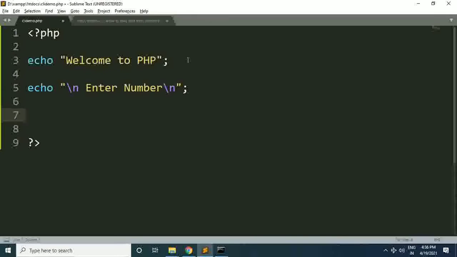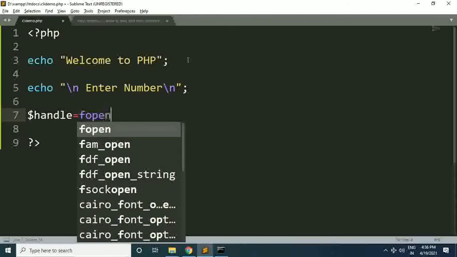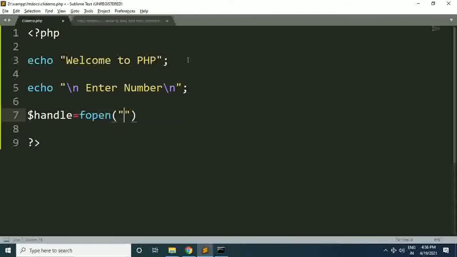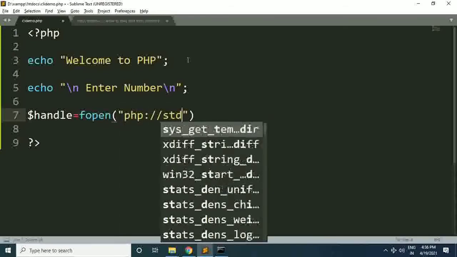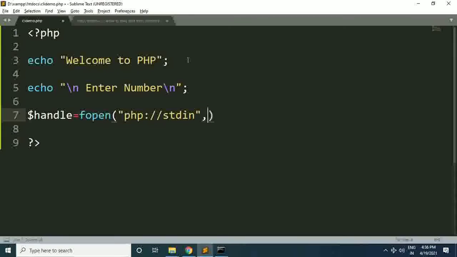In order to read that number, first of all I will open one input stream here. So $handle is equal to fopen, and in double quotes I will write php://stdin, and the mode will be r, that is read mode. So our input stream is ready, and you can use this input stream for reading values.